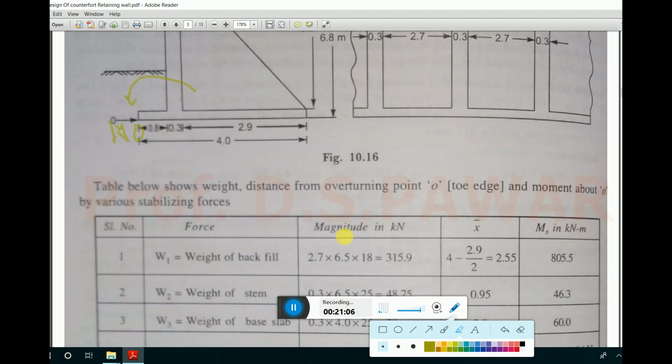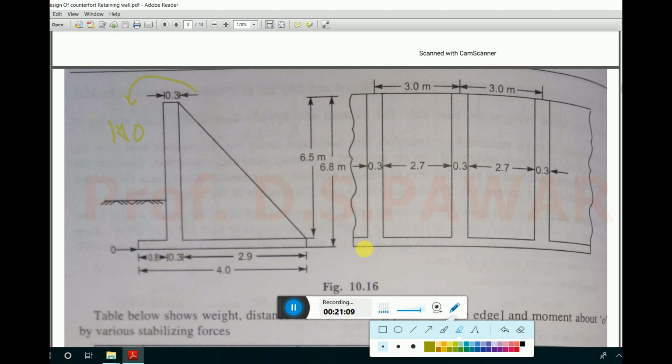I will explain once again. If you are going to consider getting the value of Mo, the soil pressure is going to act like this here, and the base value, the maximum pressure as per Rankine, is k into gamma into small h. Why? Because we are going to consider the height of the stem only here. So the maximum pressure is k into gamma h. If we convert this pressure into force, this force will be